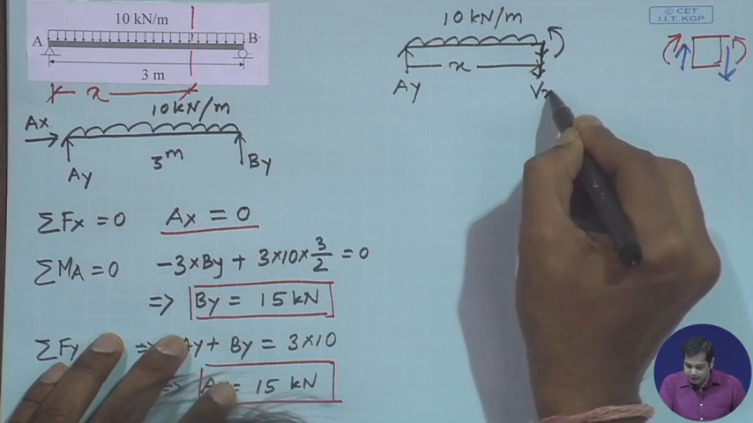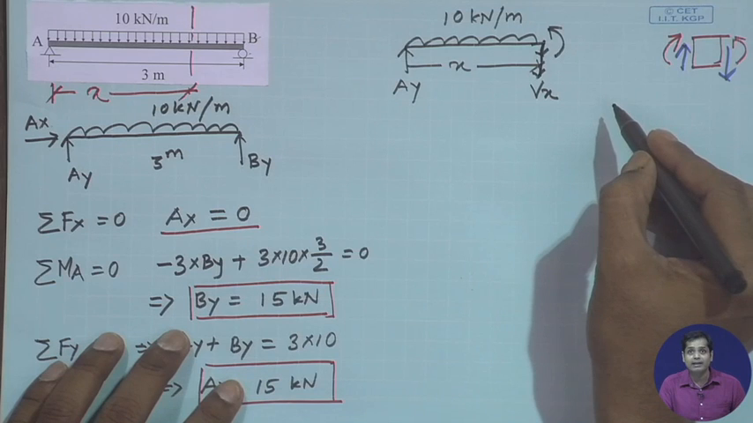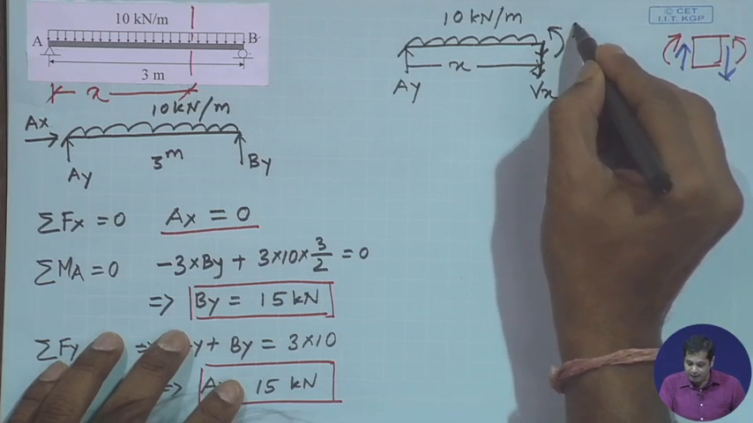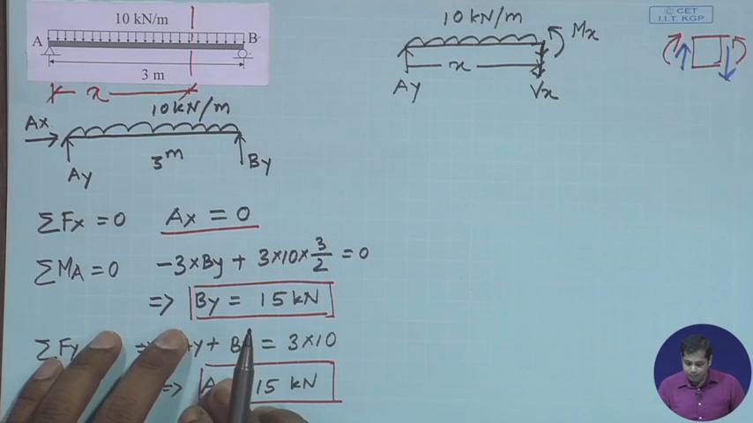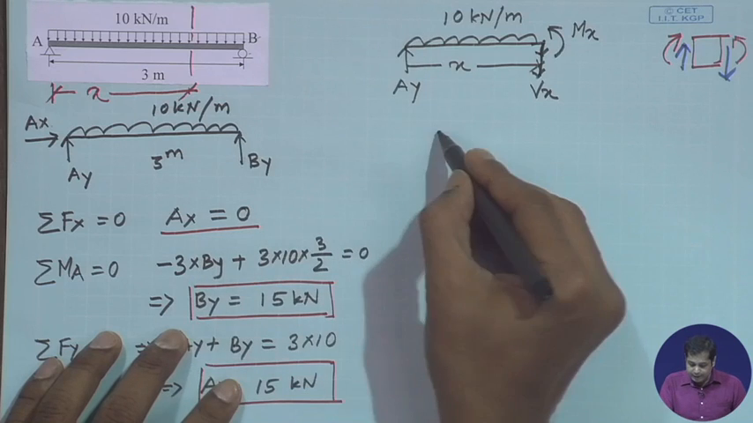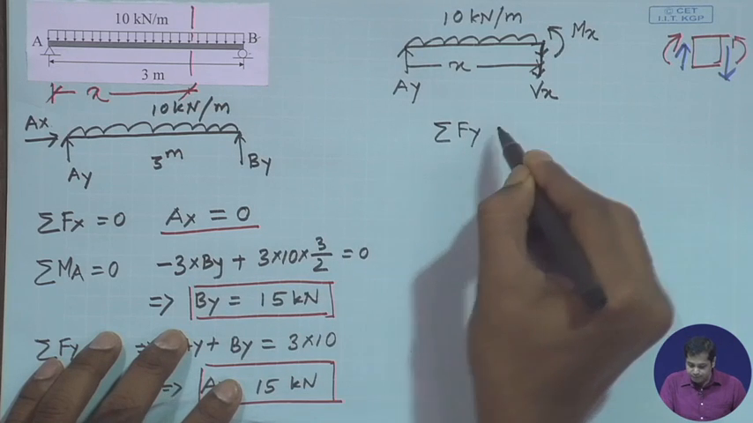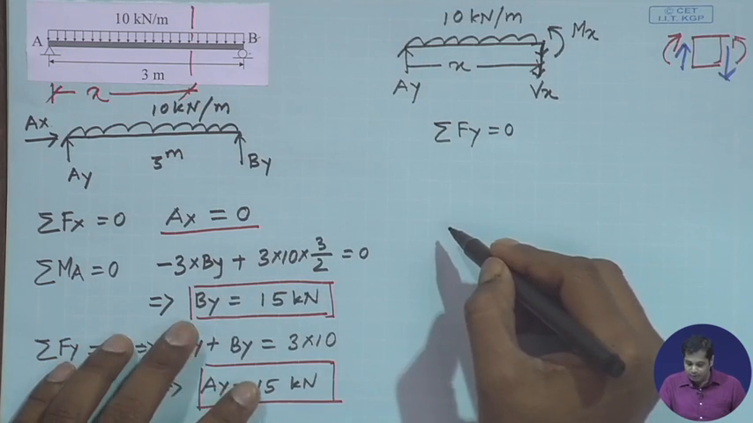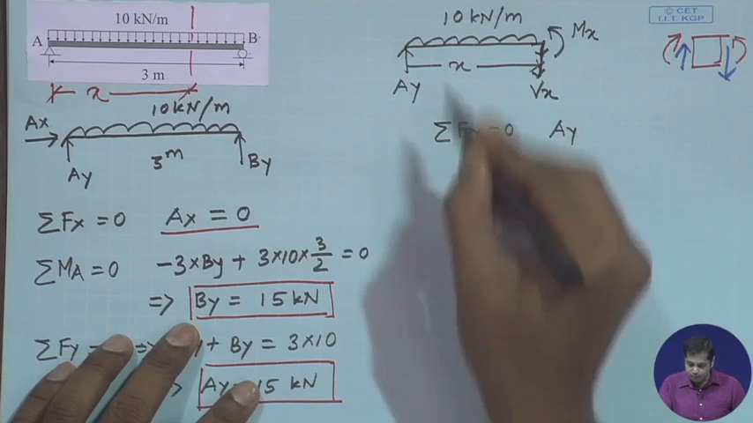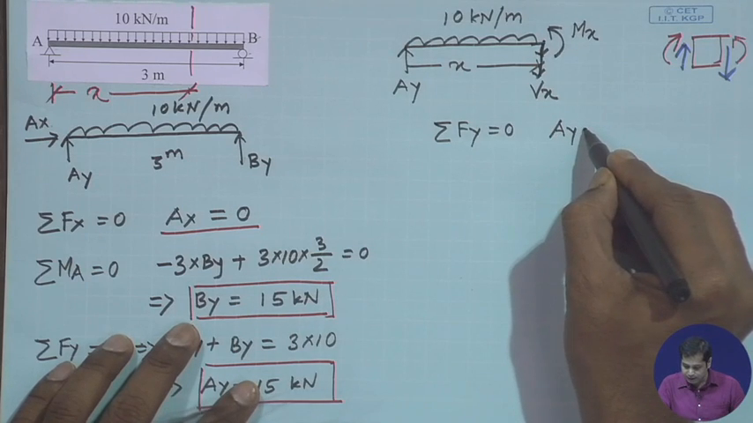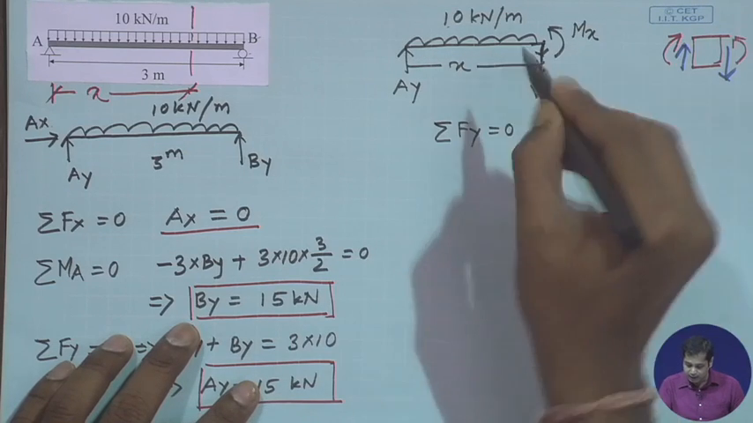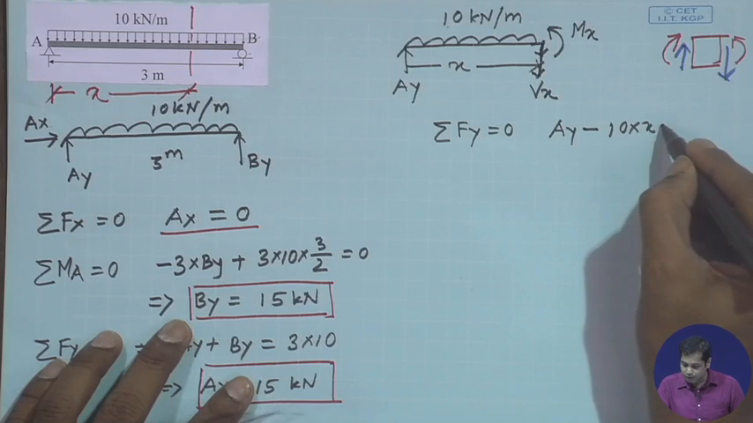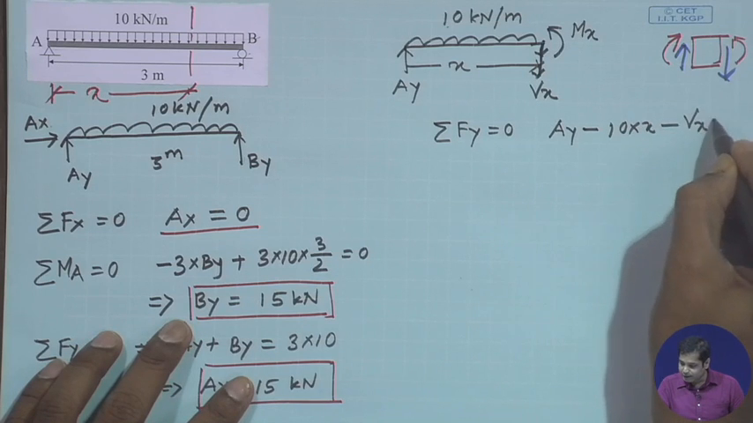So, this is Vx, which is the shear force at x, and this is Mx, which is the moment at a distance x from A. Now, take summation of Fy equal to 0. What are the forces you have? Ay in the upward direction, plus minus 10 into x, which is the externally applied uniformly distributed load, and then minus Vx is equal to